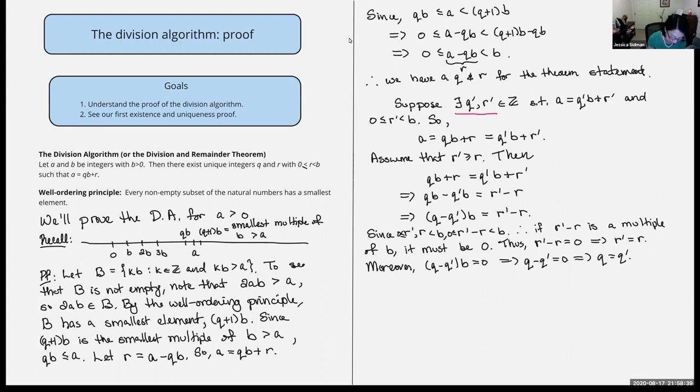Okay, so let me just switch back. So phew, we can say, therefore, we conclude that indeed there exist unique Q, R in Z with R in the form of a remainder such that A is equal to QB plus R, and we're done. Okay,